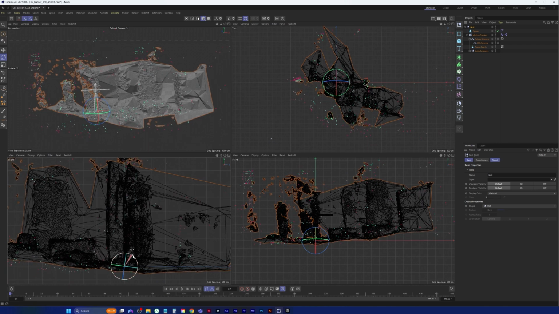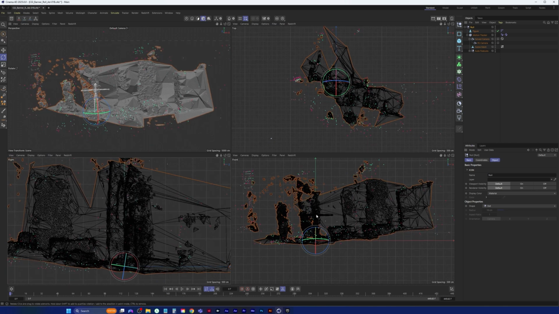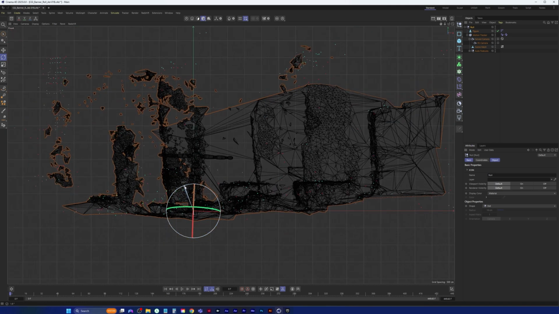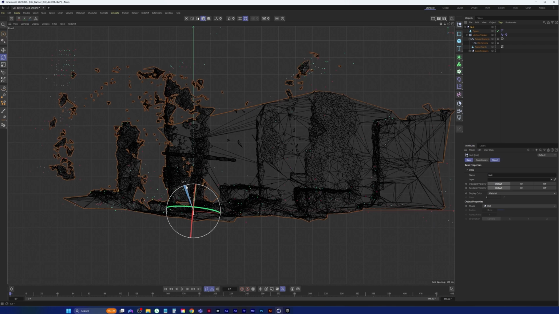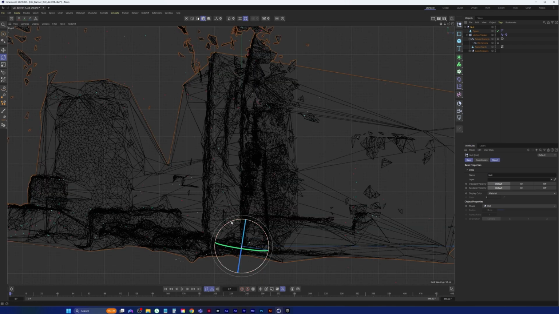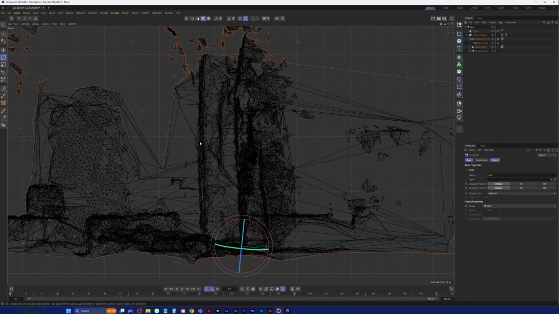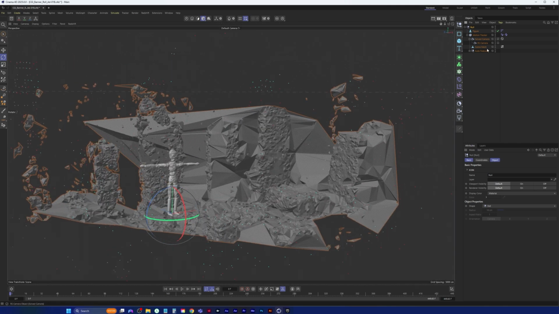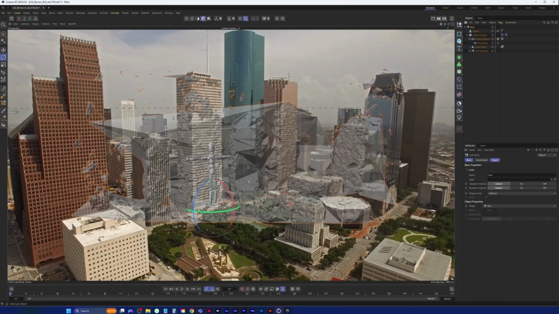And let's just start rotating this, trying to line this building up with the world. I'm just trying to get this edge lined up with this green axis here. And that's pretty much it, to be honest. So with that done, we can jump back into our solved camera. And now if we create a cube and scale that up,